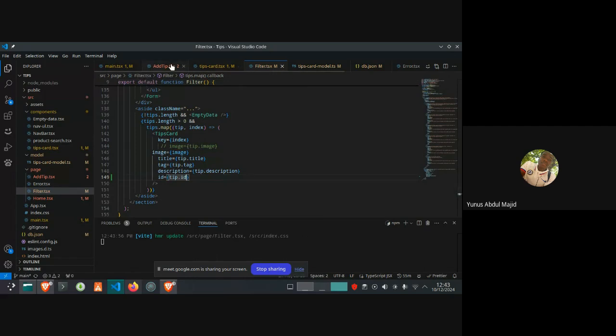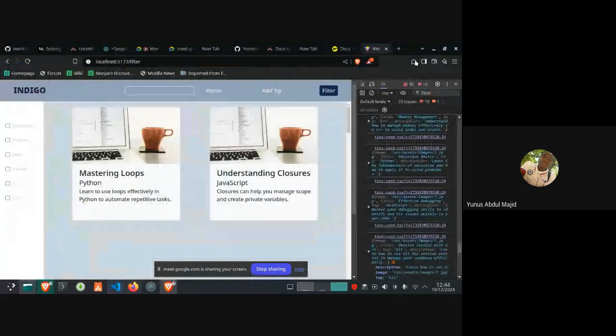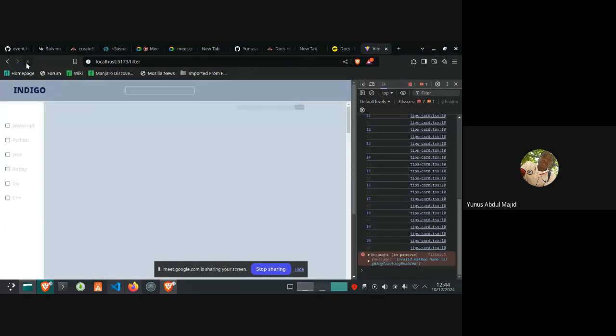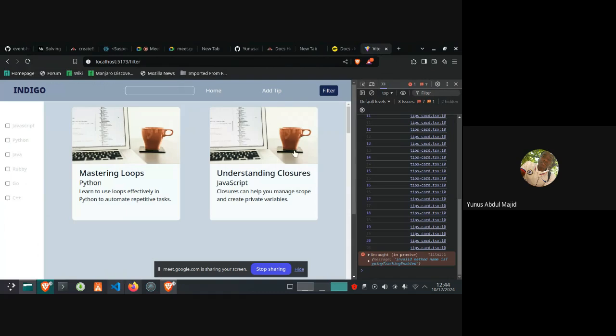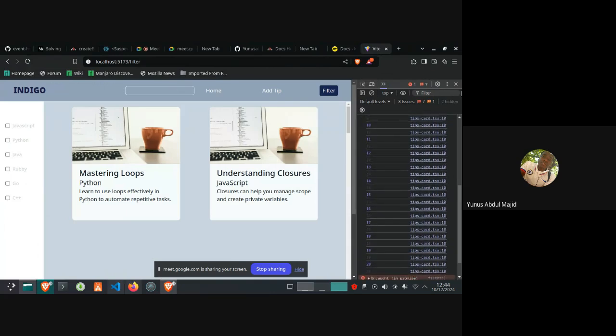So that's supposed to work. Let's check it out. Yeah, it works. So each of them has a unique ID, a unique identifier.